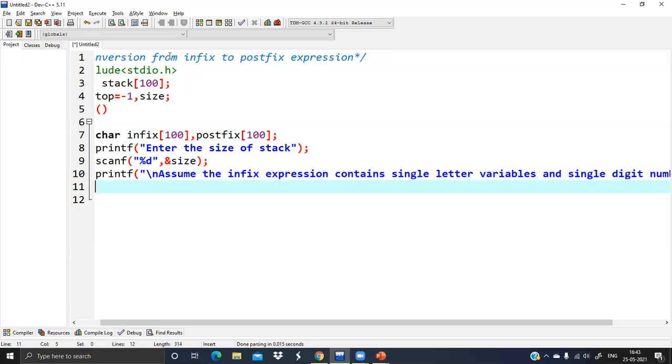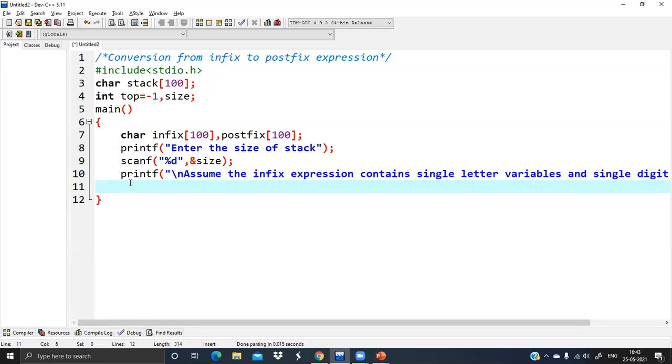This is for clarification from our side, so that while providing the input, nobody will face any kind of problem or confusion. Then I'm asking the user to enter the infix expression.